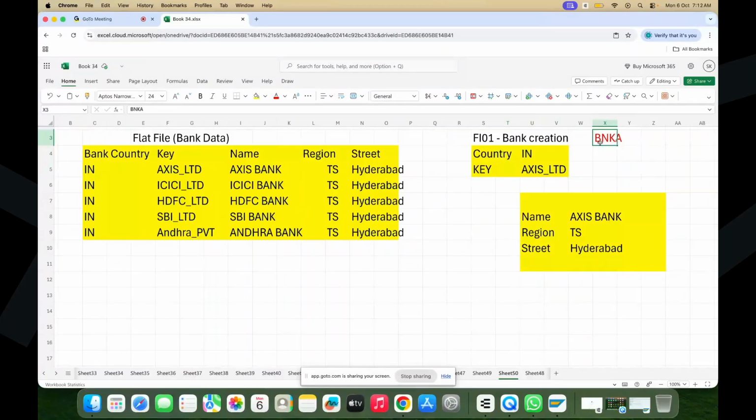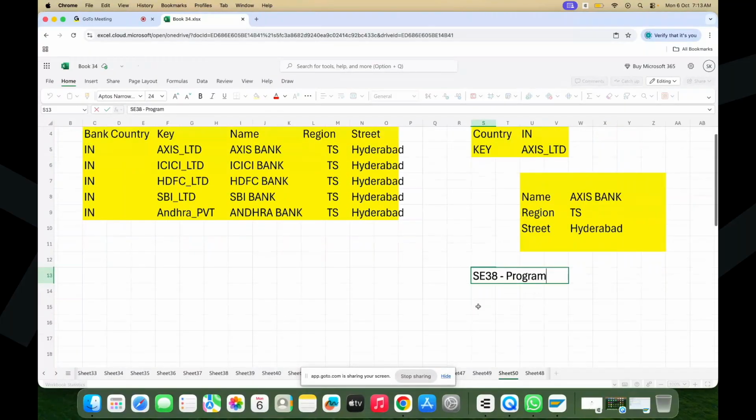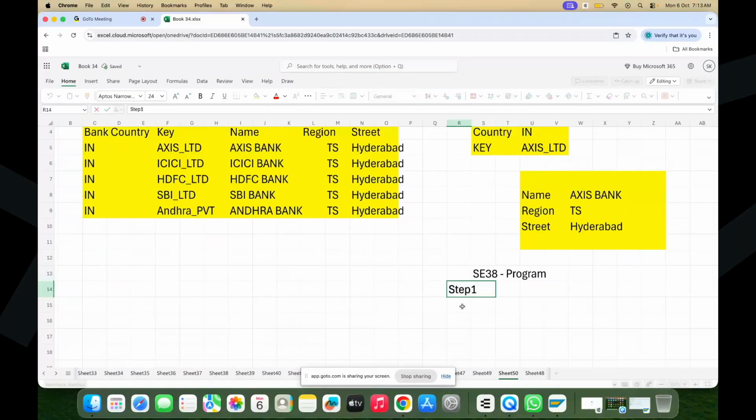So once you know all this information, then technically you have to prepare to upload this data to the SAP database table. What you have to do is create a program using SE38. Inside this program there are majorly 4 steps: step 1, step 2, step 3 and step 4. So what do we do in step 1? In step 1, first we need to get flat file data